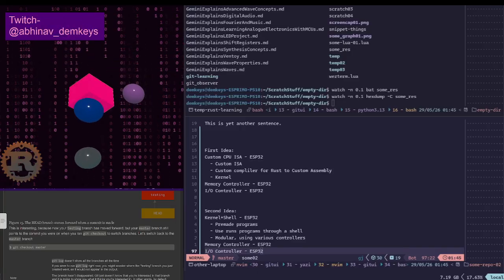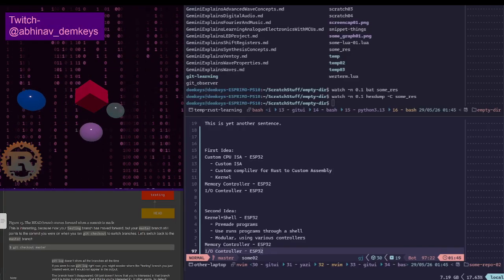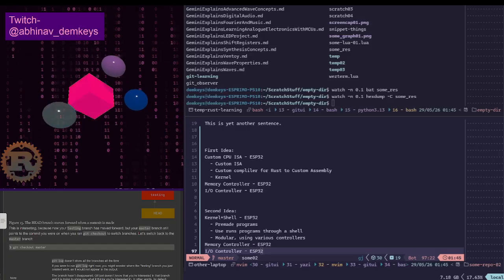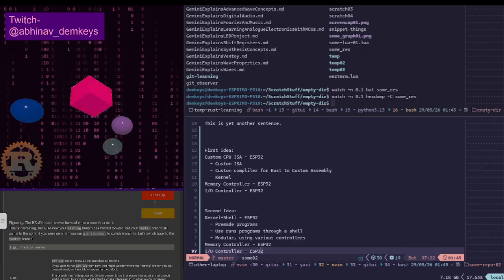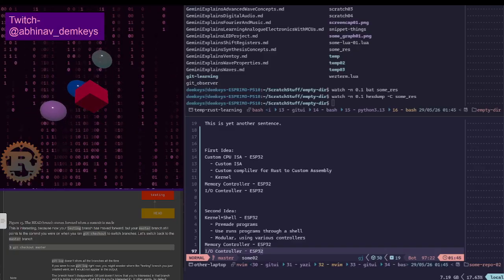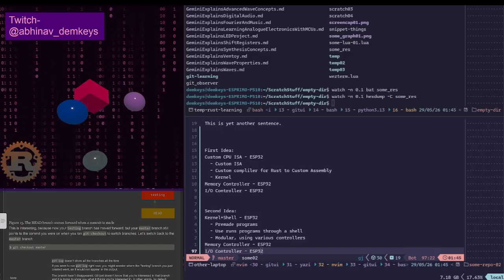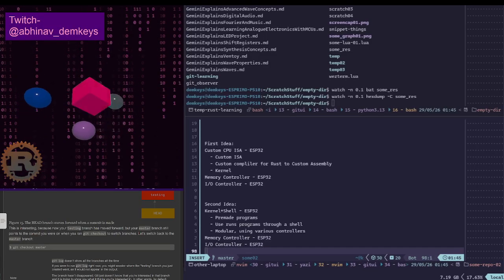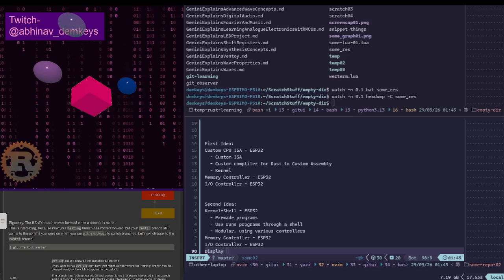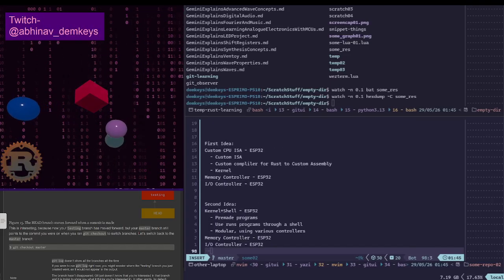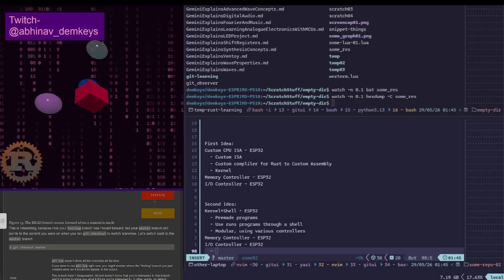So there can be a shell. We can have an IO controller. We can have a display control. Within the IO controller, we would be handling input, output, which would be display. Input would be,